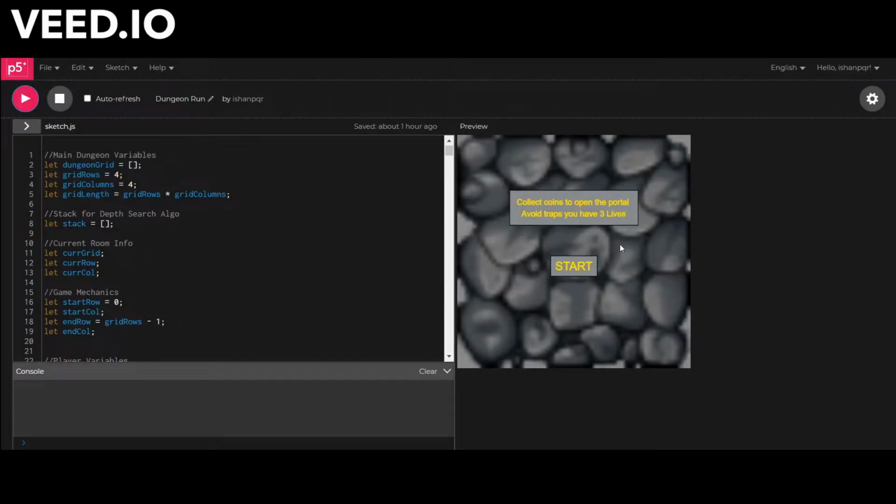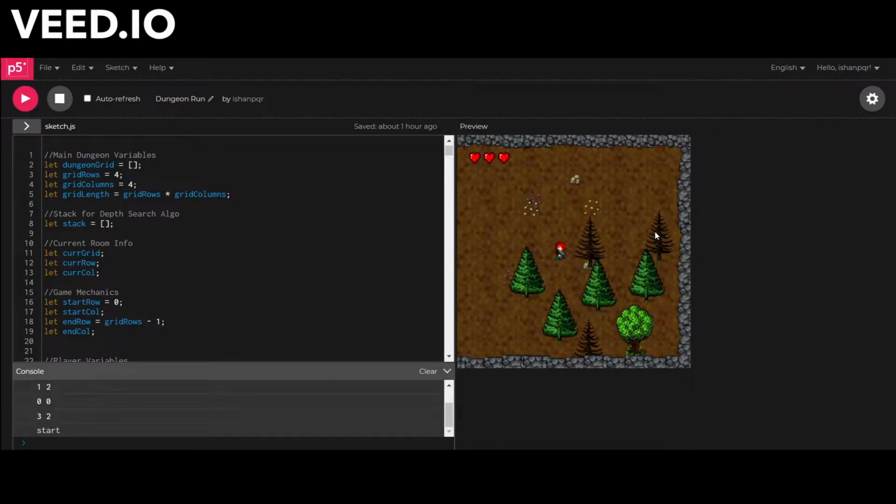Alright, I'm going to be talking about my game, which is called Dungeon Run, and it is a procedurally generated game, which means that every time you play this game, you're going to get a unique gameplay. So when I start this game, you're spawned into a room, and each room in this game is randomly created